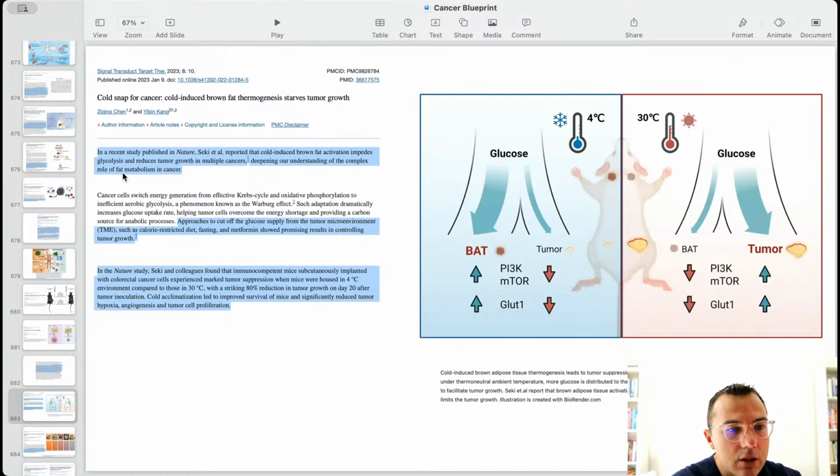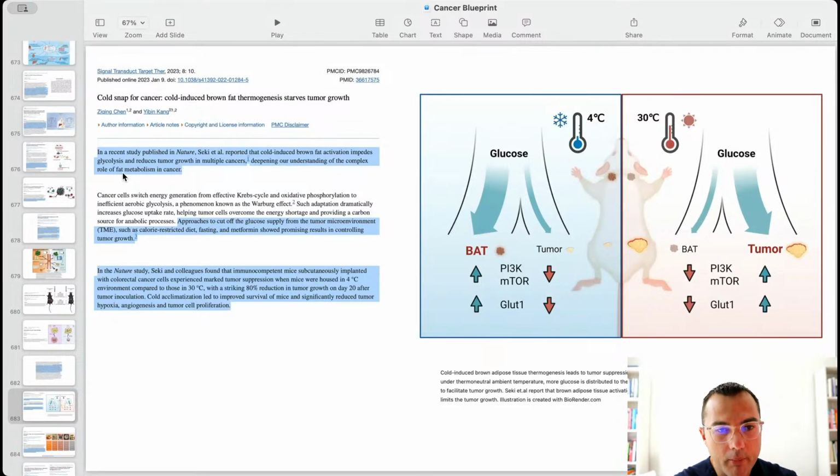It's not very big. Cancer cells switch energy generation from effective Krebs cycle and oxidative phosphorylation to inefficient aerobic glycolysis, a phenomenon known as the Warburg effect. Such adaptation dramatically increases glucose uptake rate, helping tumor cells overcome the energy shortage and providing a carbon source for anabolic processes. Approaches to cut off the glucose supply from the tumor microenvironment, TME, such as calorie-restricted diet, fasting, and metformin, showed promising results in controlling tumor growth. In the Nature study, immunocompetent mice simultaneously implanted with colorectal cancer cells experienced marked